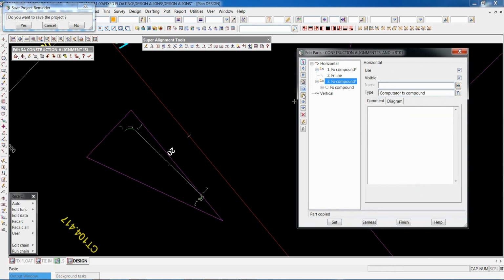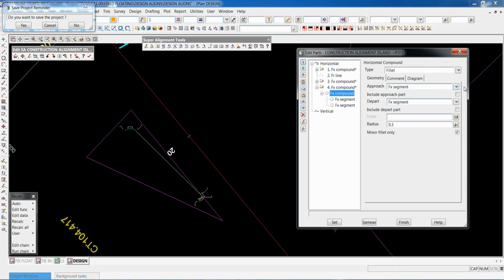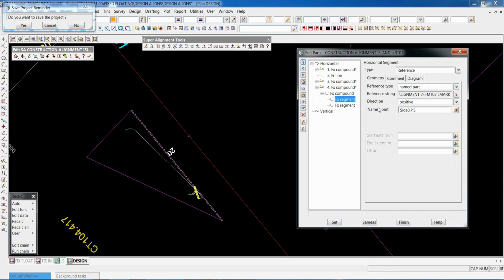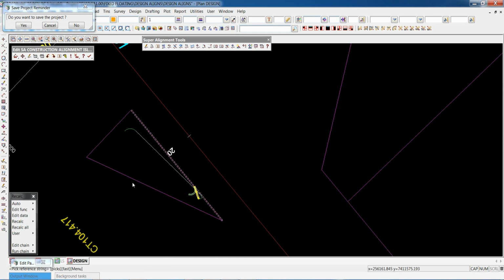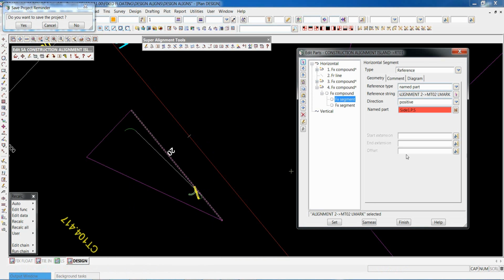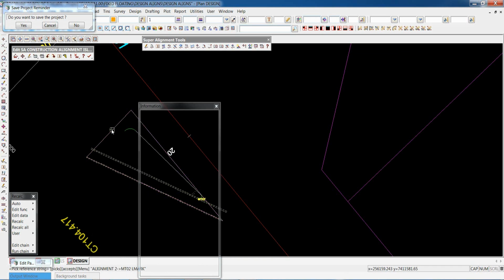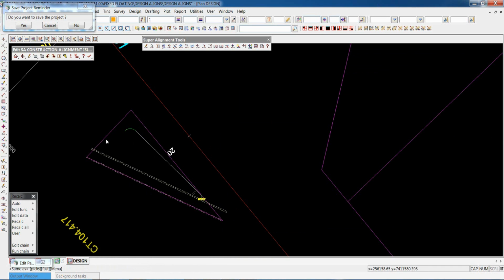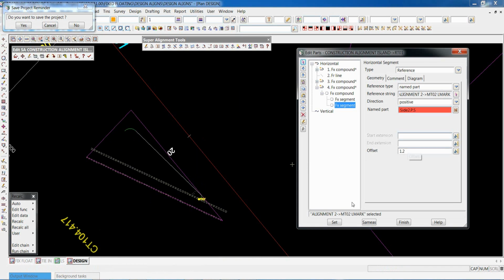Again, we can copy and paste. Turn it on, and then go through and pick the previous elements. So again, this time the curvature of the island is going to be 0.6. We're going to pick the direction on that one. The offset here is 0. We'll leave that defaulted. Pick the final segment, which is again this one here, and the name part. And the offset, there's our traffic island.